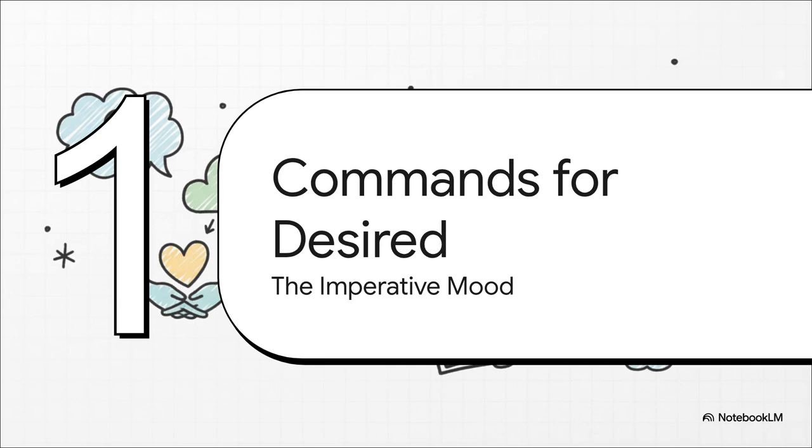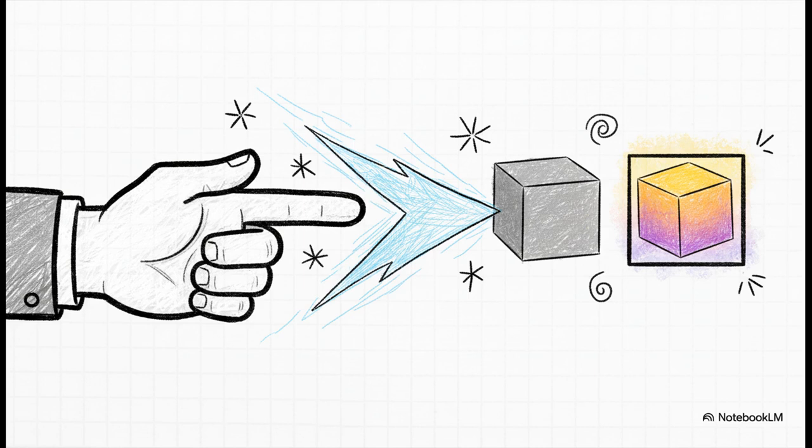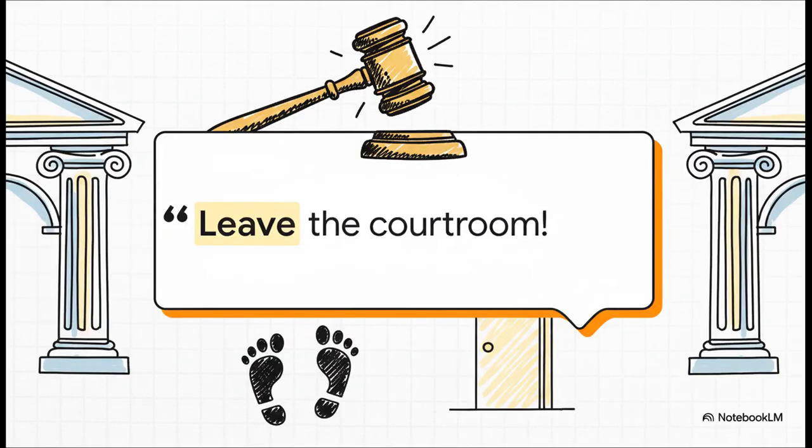Okay, for our final stop, we're looking at a mood that's not about what is true or isn't true, but about what we desperately want to be true. This is the imperative mood. The imperative is how we try to bend the world to our will. It's the mood of action. When you give a command, you're expressing a desire for a new reality to pop into existence, one where your command has been followed. The most obvious form is, of course, a direct command.